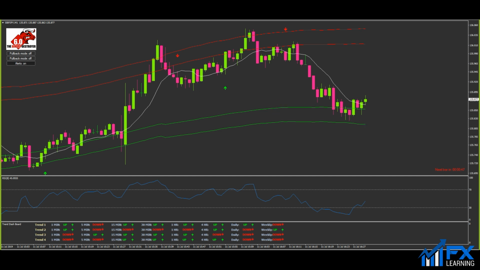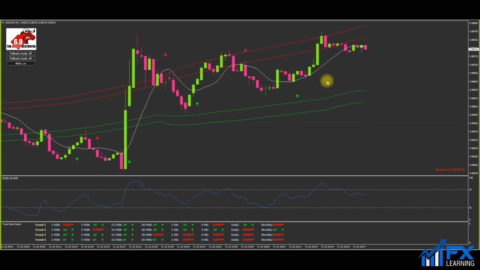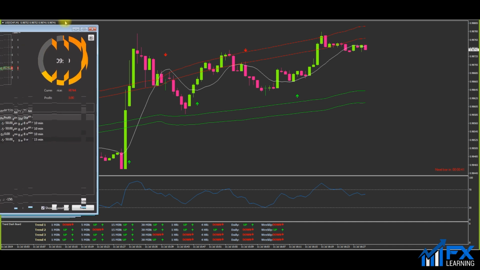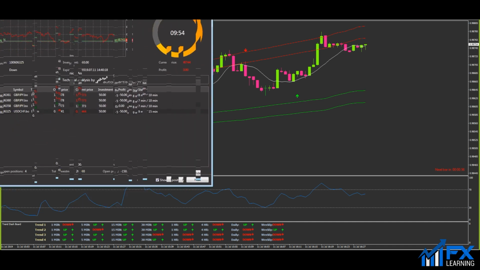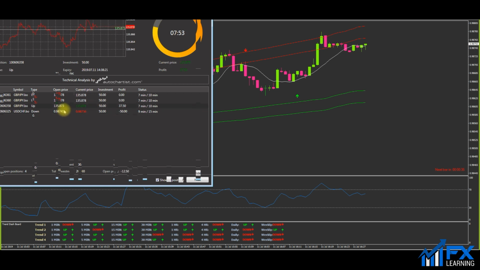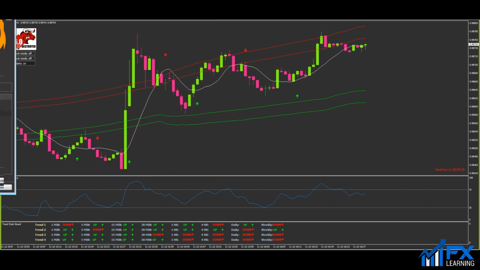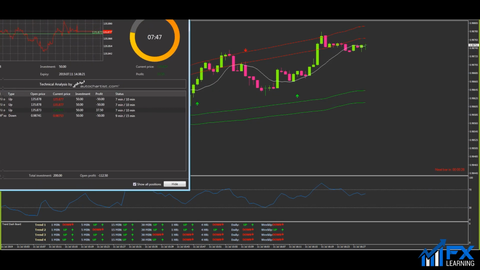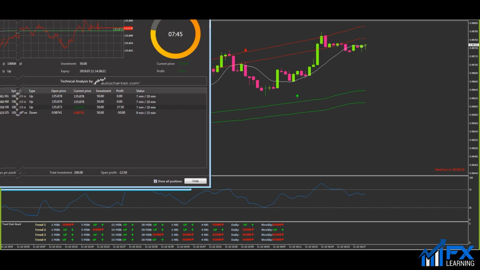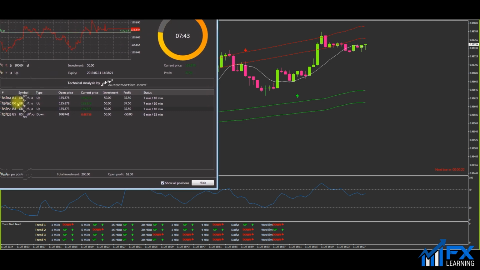Now, the reason why I took 3 trades on this is purely because USD Chef, I think, might lose. Okay, no. We might win this. I hate this. I've got a 3-screen setup, and sometimes when I drag and drop screens to different monitors, that's better. There you go. I don't know if you can see that. Okay. Right,